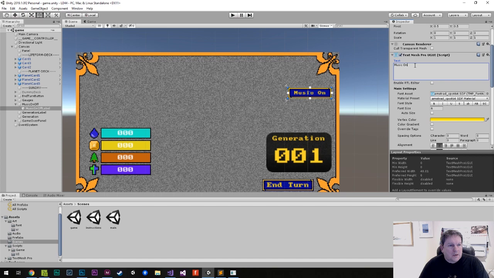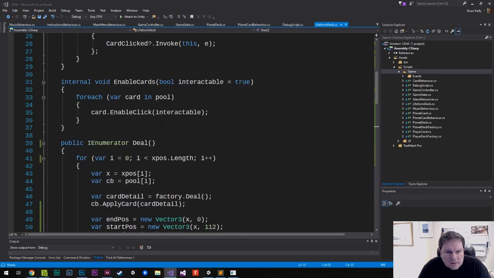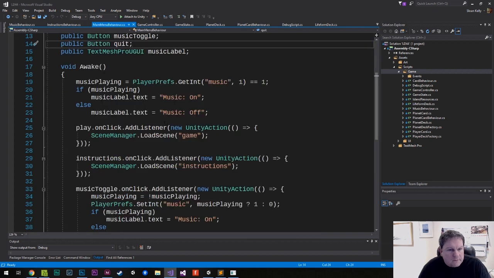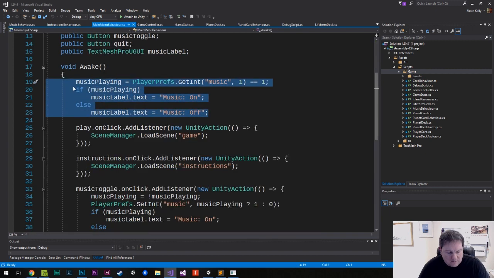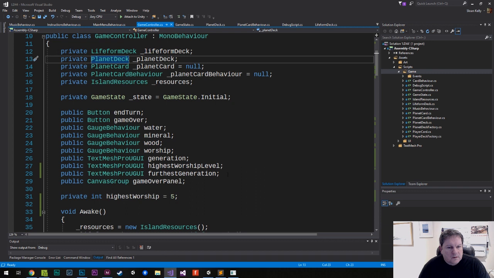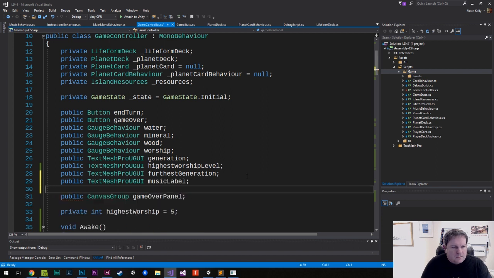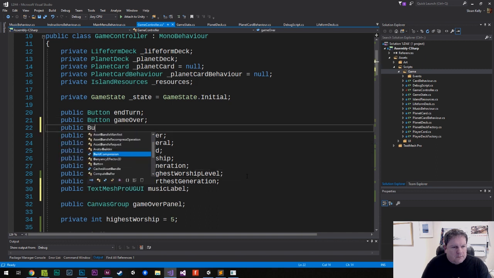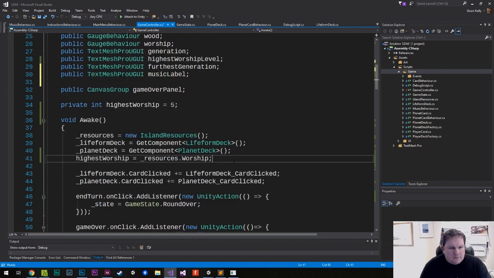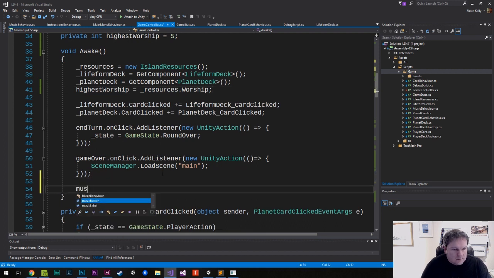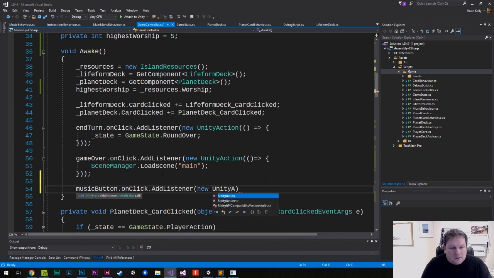Okay, and then in here, the menu behavior, this bit here. So game controller, where are we? Game controller. Text mesh pro GUI music label. Button dot on click dot add listener new UnityAction,